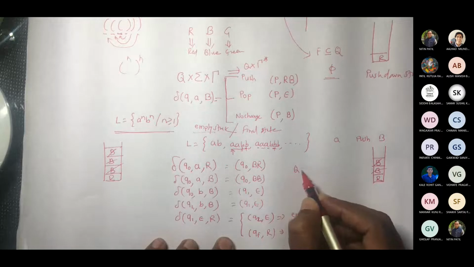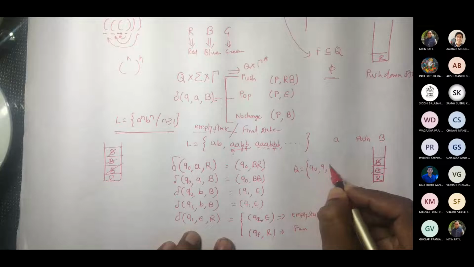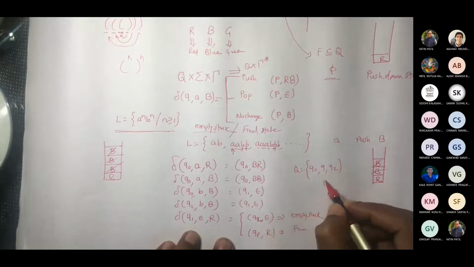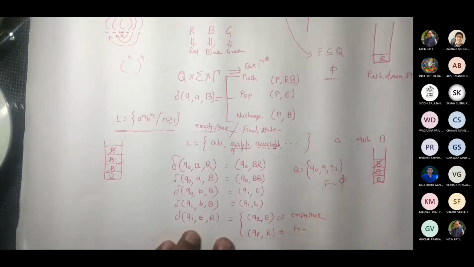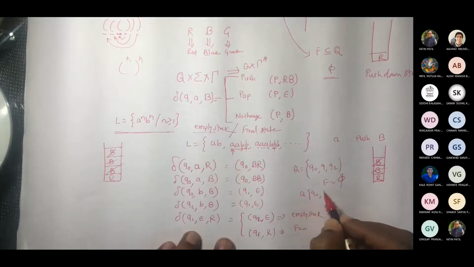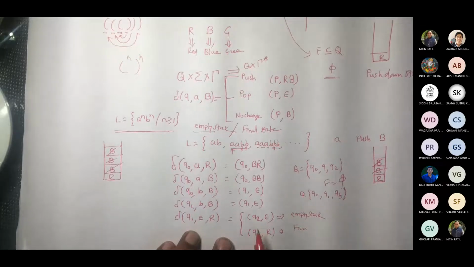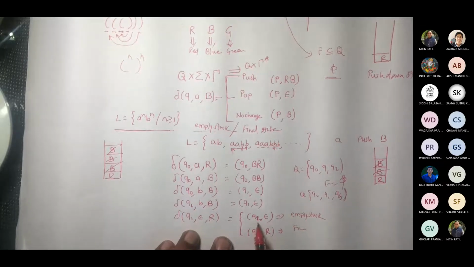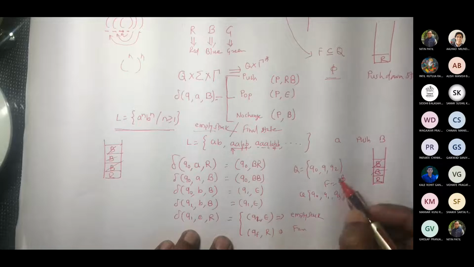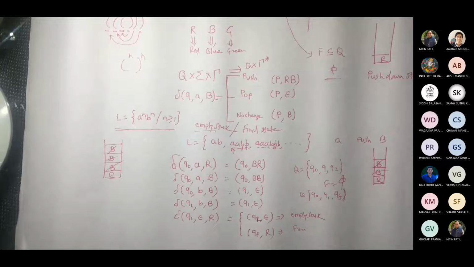Now what would be Q if it is empty stack? Q0, Q1, Q2, and F to be phi, with empty stack. Now for final state, Q0, Q1, QF. Now you may say the states are the same. You can keep this as it is, or if you keep this as Q1, Q2, not a problem. It will not hamper anything. If you keep this Q1, the number of states would be only 2. But that is completely your decision.